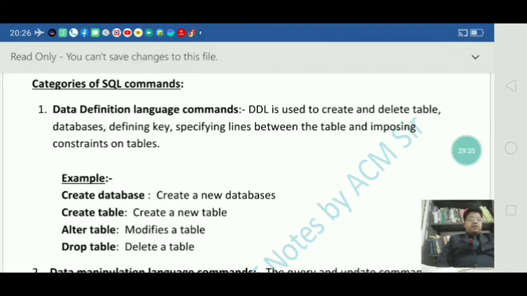That means if you want to add a new column, delete an old column, or change the data type of any column, you can use alter table commands. Then for deleting any table or database you have to use the drop table command. Okay.